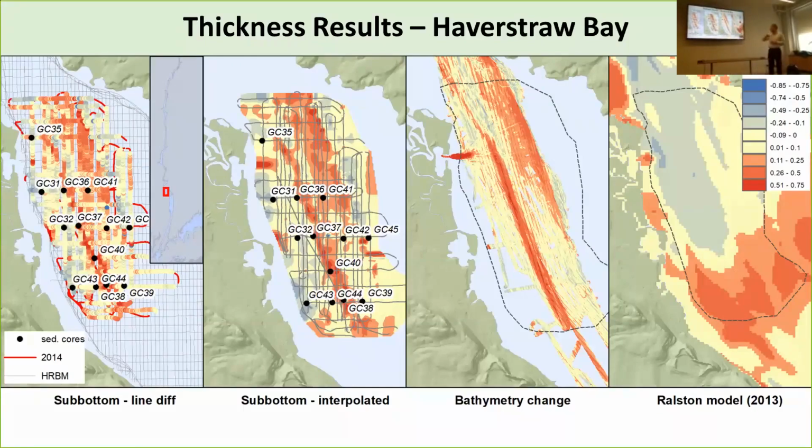Here, we also have another bathymetry survey from 2013 done by Stony Brook University that we can compare to the survey we did as part of the Hudson River benthic mapping study. Again, we see a lot of change, very similar to what we see in our sub-bottom analysis, the main change in the main channel and some deposition up there. And just in case you're wondering what's happening here, there's a lot of deposition there. That's the entrance to Hubbardsville Marina, which I think they dredge out occasionally, and then it gets